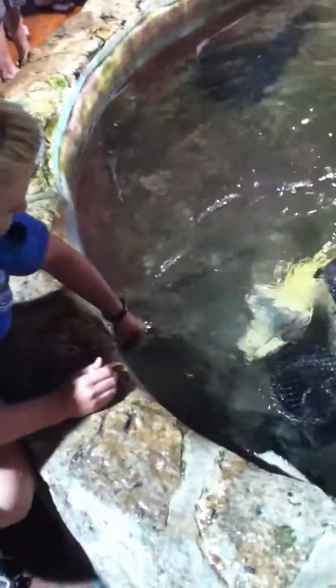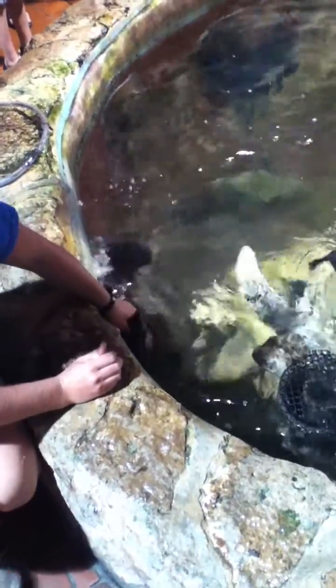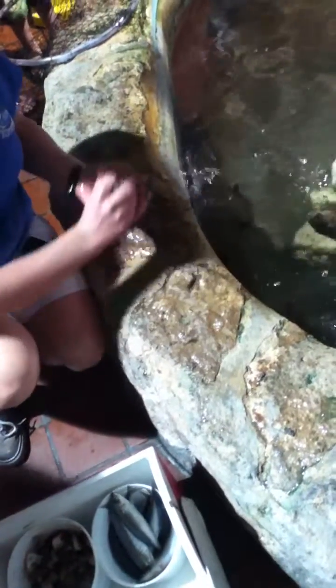Now, one thing we do here in the Florida Keys to avoid stepping on a stingray is if you are going to be in an area where you think a stingray might be present, you can do something that we call the stingray shuffle. And that's where when you're entering the ocean, instead of walking normally, you want to drag your feet or shuffle your feet through the sand. That's going to create an electrical impulse in the sand, and it'll let the stingray know